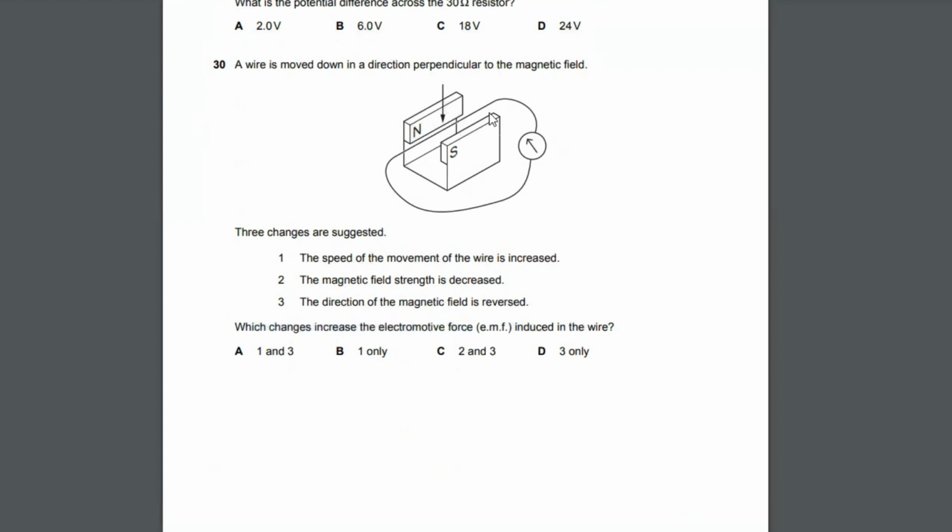Now, EMF is induced when the wire is cutting the magnetic field lines, and it has to be perpendicular. Now it is moving perpendicular with respect to the magnetic field, that means EMF will be induced. And to increase the EMF, what I can do is increase the speed of the movement of the wire. Next could be